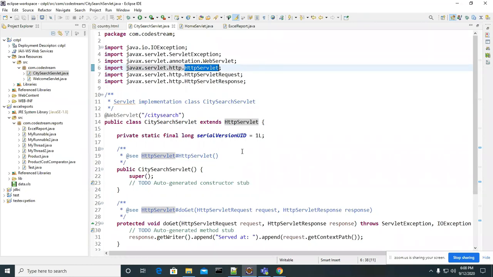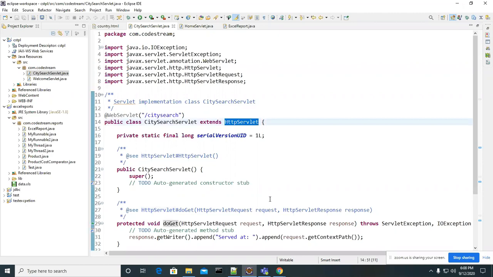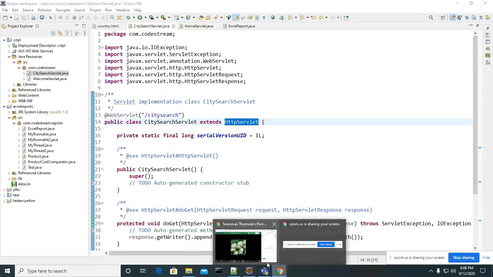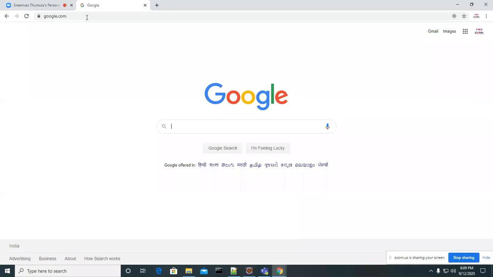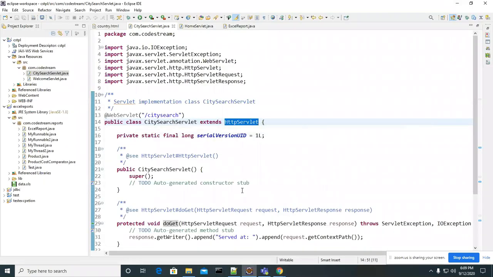Instead of developing it from our side, they already developed one common servlet, HttpServlet, which can be used to create your own servlet. Let me go to the documentation about HttpServlet. So we can develop a servlet program by extending HttpServlet also.